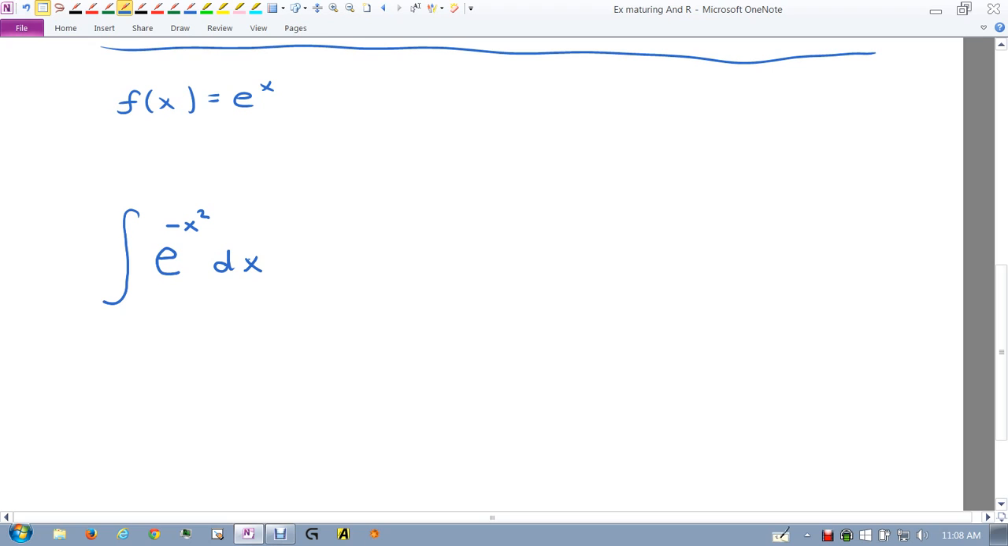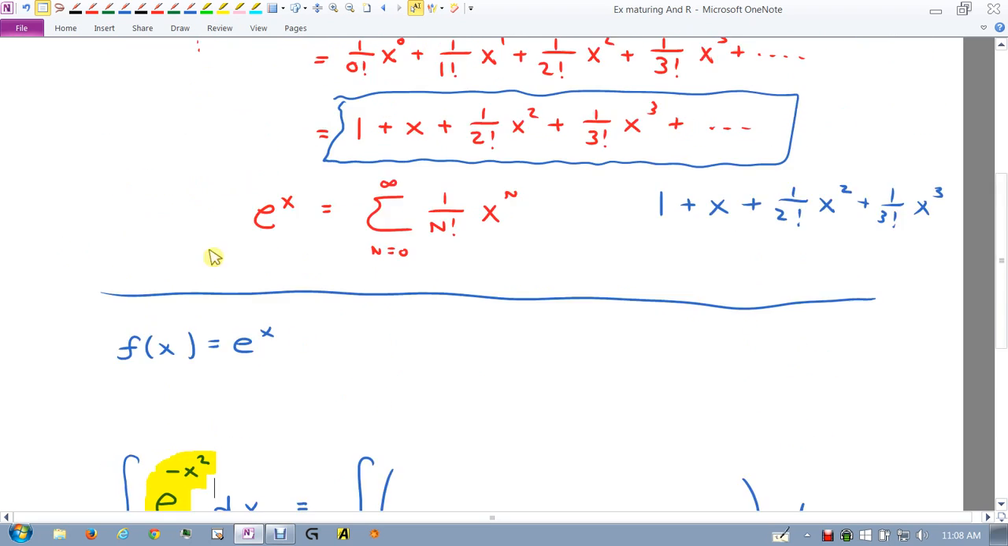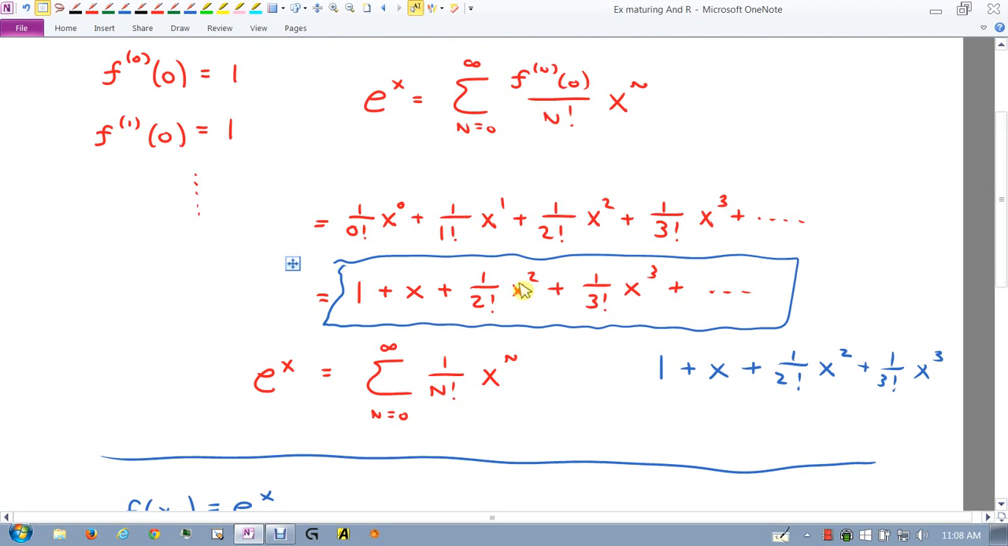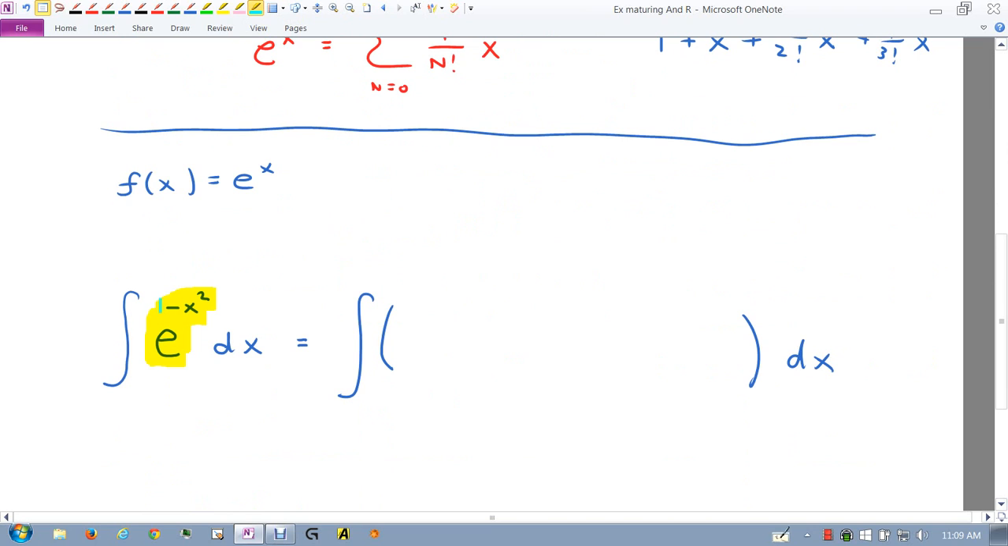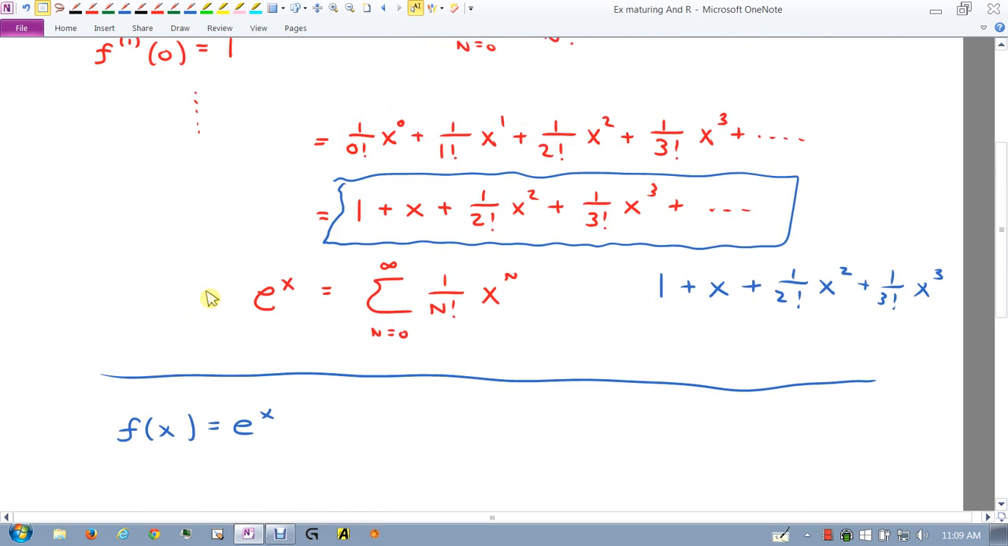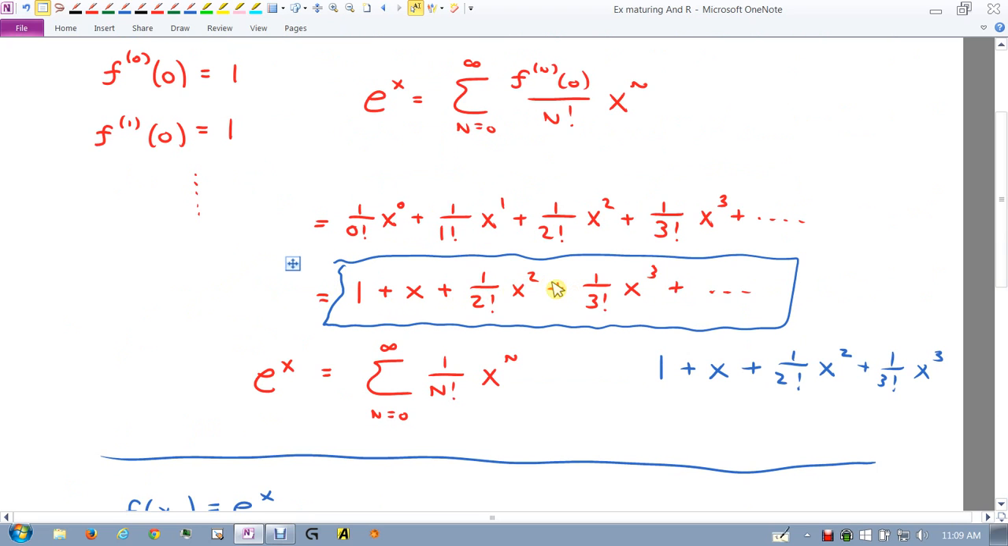Newton would do this. Newton would say, all right, I'm going to integrate this, but I'm going to rewrite e to the negative x squared in its power series. So he looks at this, and he goes to the formula we just got right here, right? Here's our formula in this box. And this is what e to the x is. All I'm going to do is use that formula, but instead of using x, I'm going to use what? Negative x squared. So this is like e to the x, but I'm replacing the x with this. So in this box, replace all these x's with negative x squared, and you would get